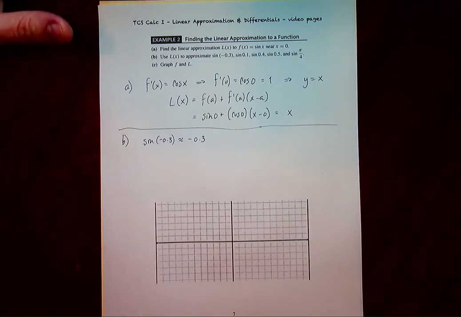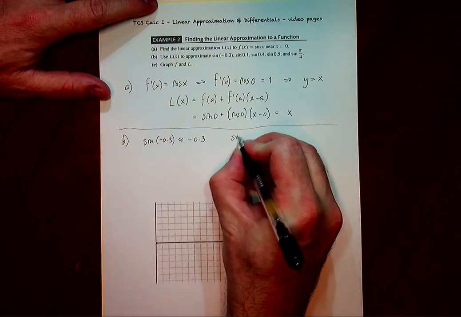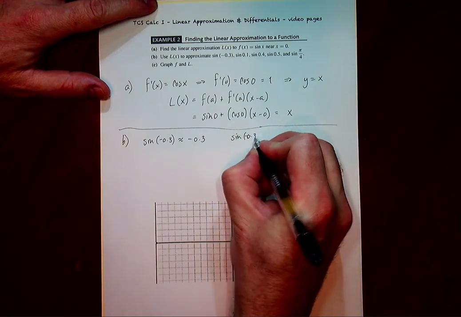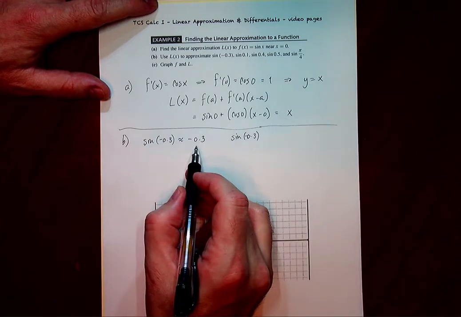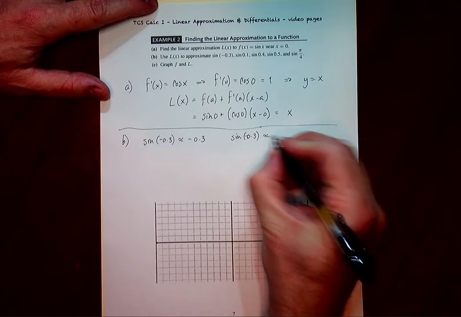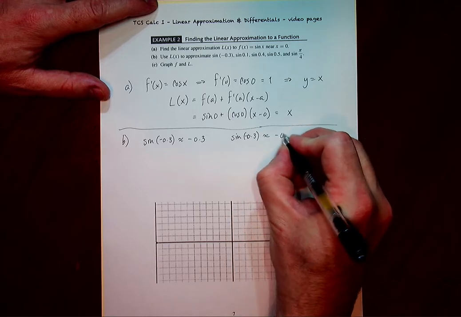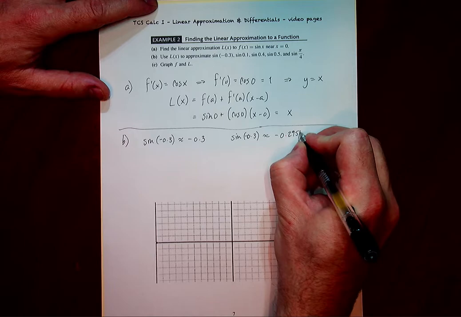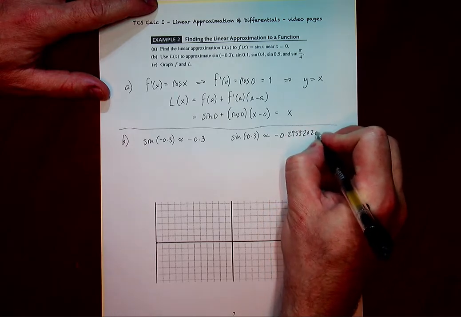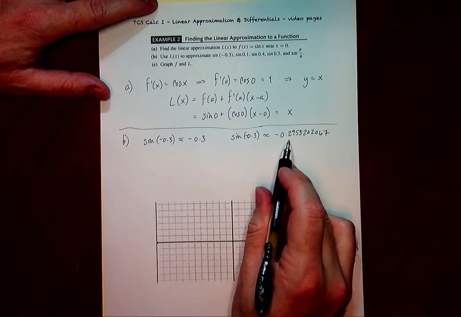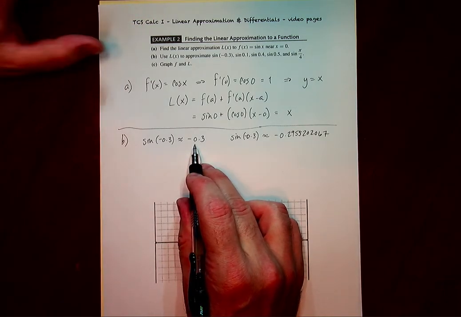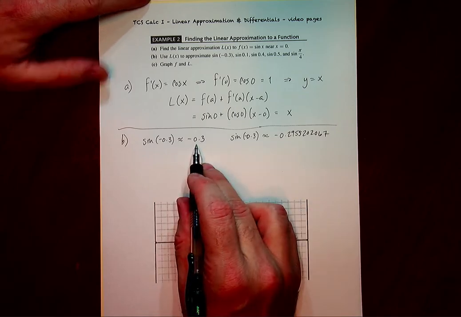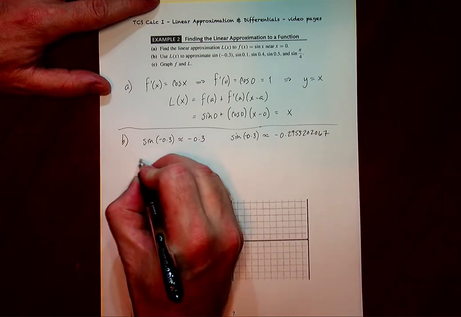Okay, and if you're thinking to yourself, gosh, I wish I really knew what the actual value of sine of negative 0.3 is, so we'll do, basically using the tangent line over here for the linear approximation, and I'll show you what it is in the calculator. 0.295520267. Okay, that, even despite the fact that it's actually not really close to 0, is still a pretty good approximation. Not bad at all, right? As we get into, say,